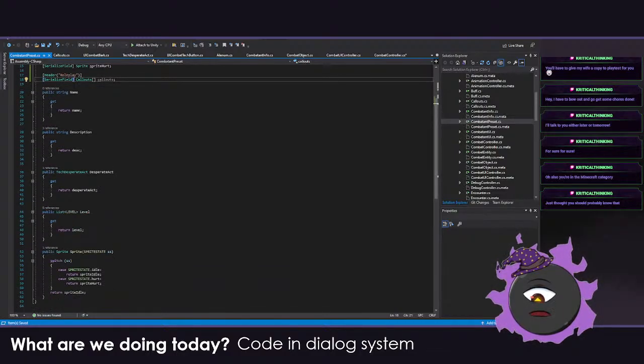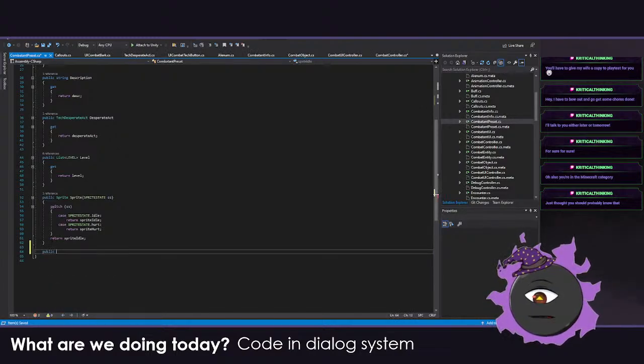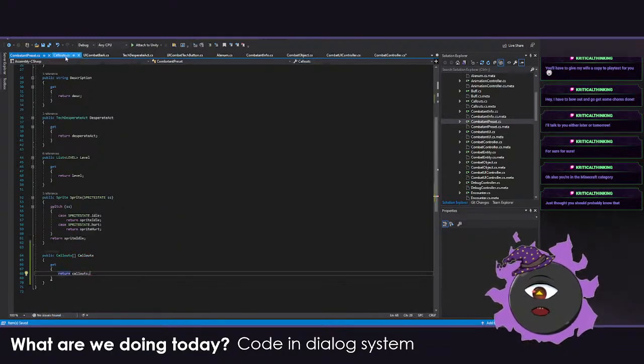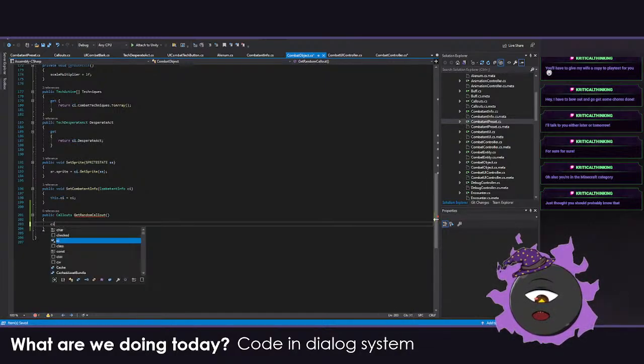Callouts are not public, so we need to add another one down here. Public callouts array, callouts get return callout. Voila. So in the combat object there will be CI dot